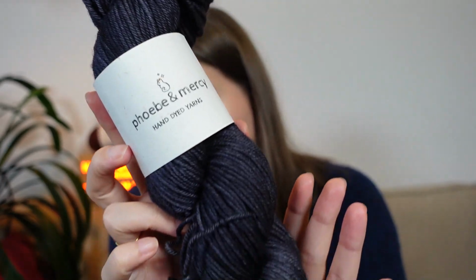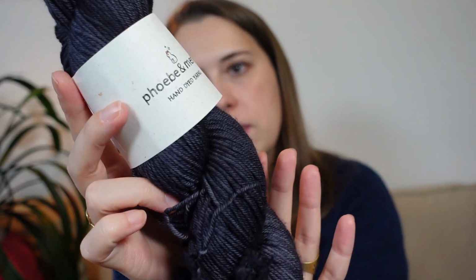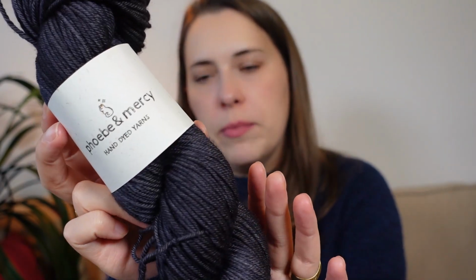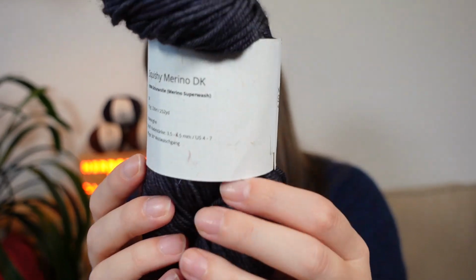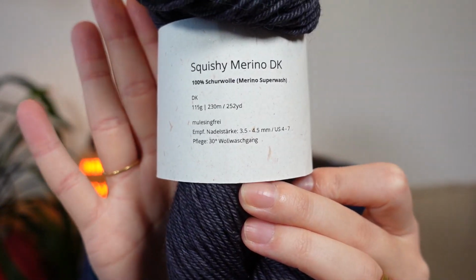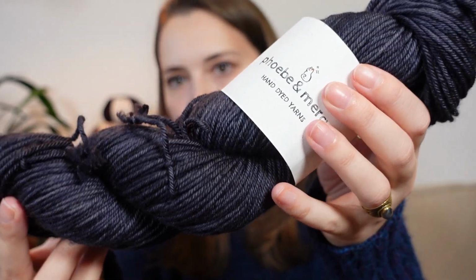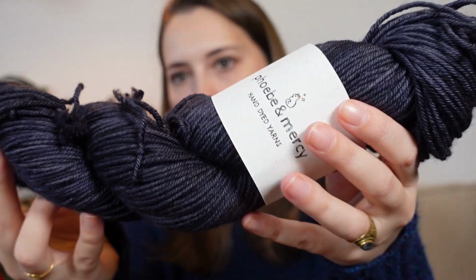And for the holidays I cast on a beautiful shawl by Moonstruck Knits. And I am using this beautiful hand-dyed superwash merino. It is called Squishy Merino DK, and it is from Phoebe and Mercy Yarns. I hope you can read this. And it is a very darkish